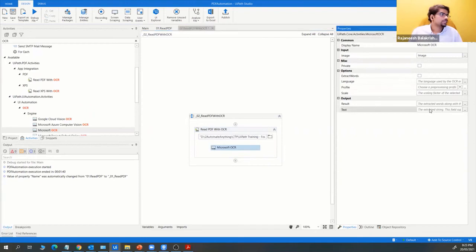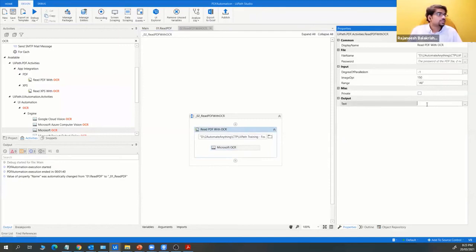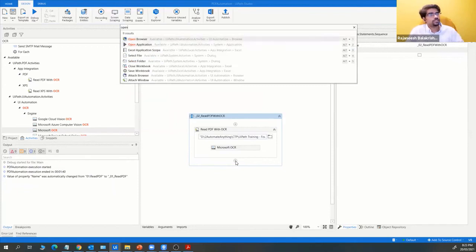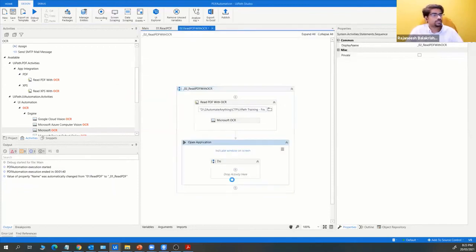And in the text, anyway, you need to save this text. I need to create a variable, output text, for the extracted text. And finally, I open a Notepad. Last time I gave message, so this time I give application.